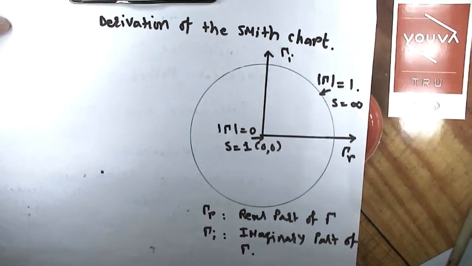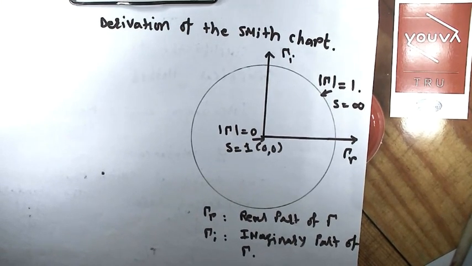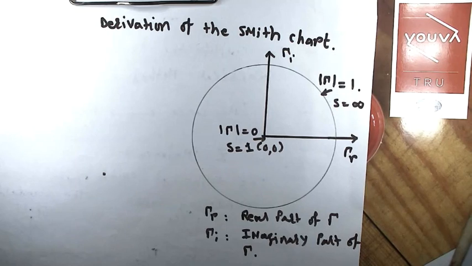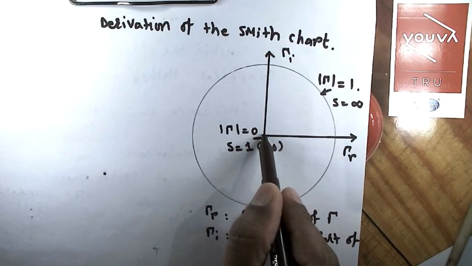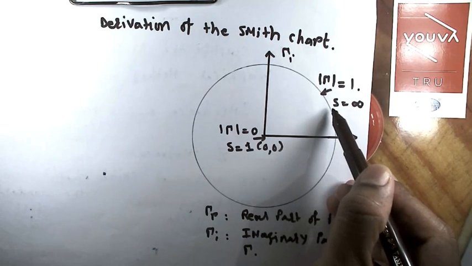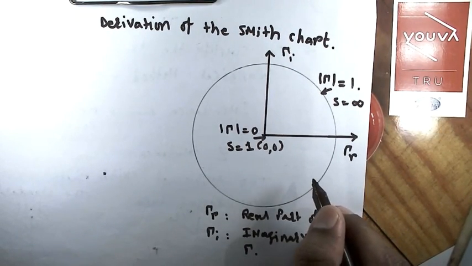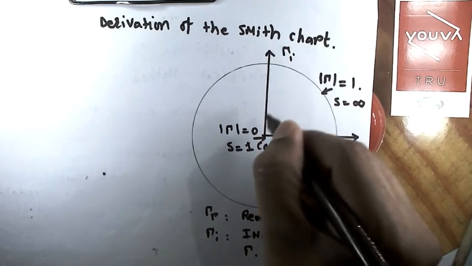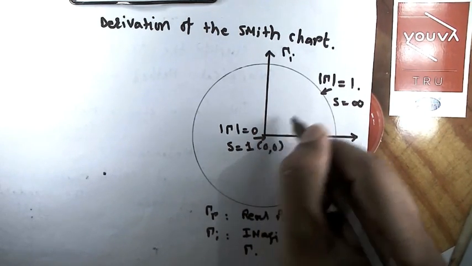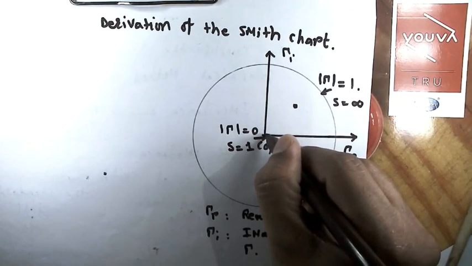So it means now I have expressed two points, one is at a zero reflection point and one is at a maximum reflection point. So this is your zero reflection point at which the standing wave ratio is 1, and the maximum reflection point at which the standing wave ratio is infinite. Now for defining the reflection point at any point on this unit circle, let me put one point, for example this. At this point, if we have a maximum,